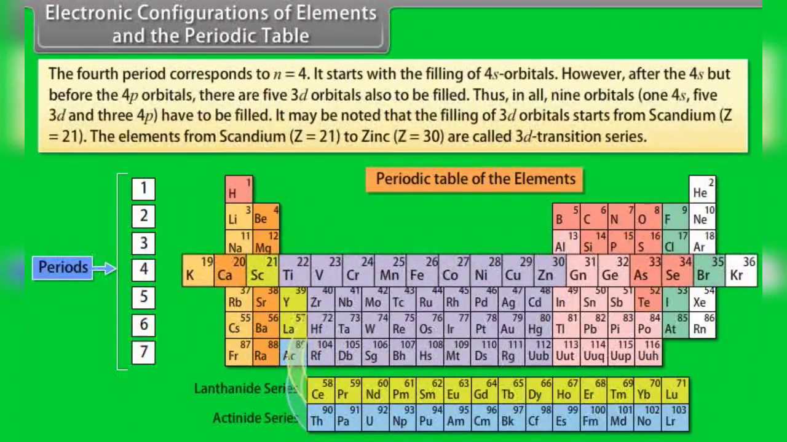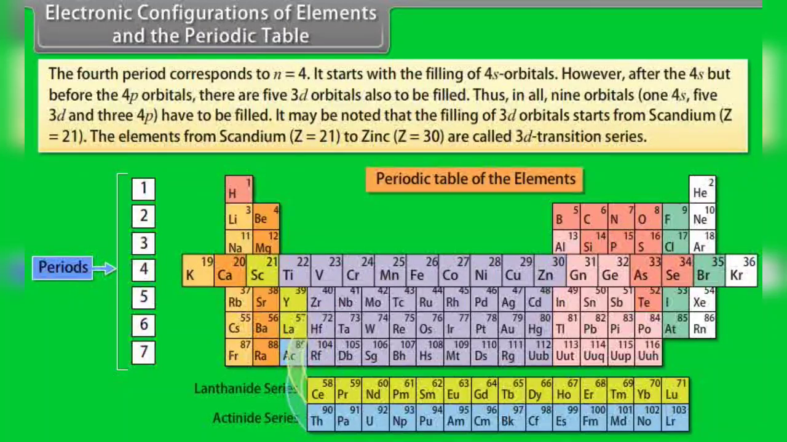The fourth period corresponds to n equals 4. It starts with the filling of 4s orbitals. However, after the 4s but before the 4p orbitals, there are 5 3d orbitals also to be filled. Thus, in all, 9 orbitals, one 4s, five 3d and three 4p have to be filled. It may be noted that the filling of 3d orbitals starts from scandium, atomic number 21. The elements from scandium, atomic number 21, to zinc, atomic number 30, are called